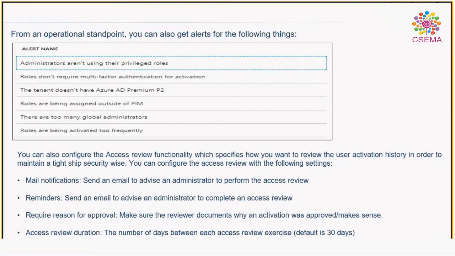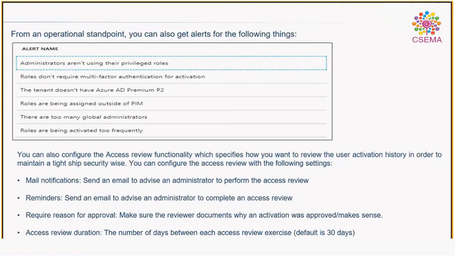Roles assigned outside of PIM. So basically, guys, I tried to capture some of the most highly used features, but the more you dig into it, the more you will see that it offers plenty of features and capabilities. This is just to cover the high-level concepts in PIM, and when you are managing your customer environment, you come across this kind of discussion day to day.